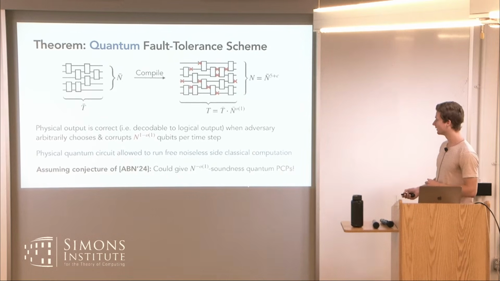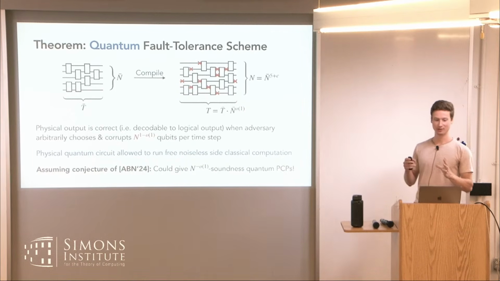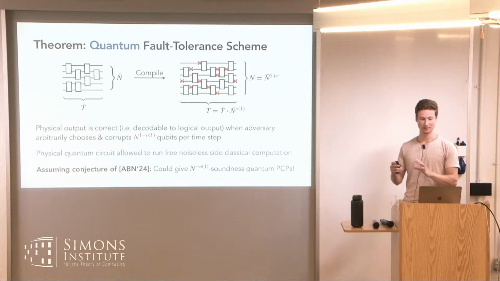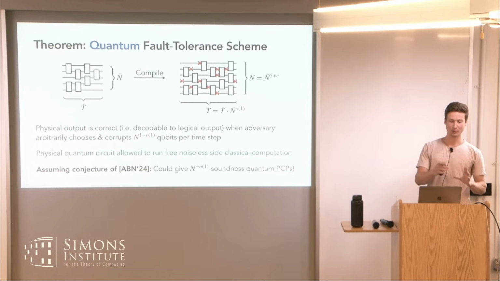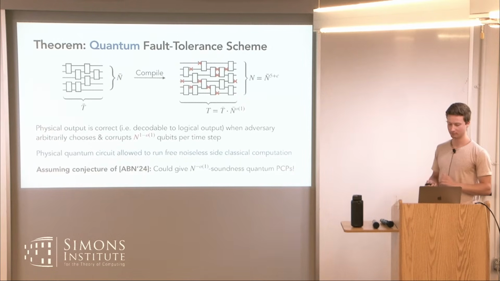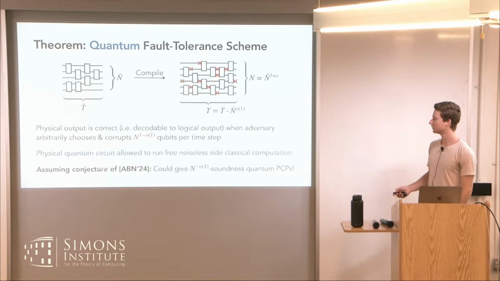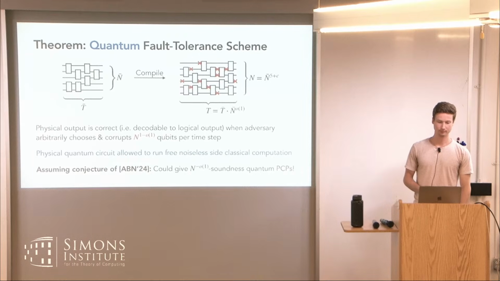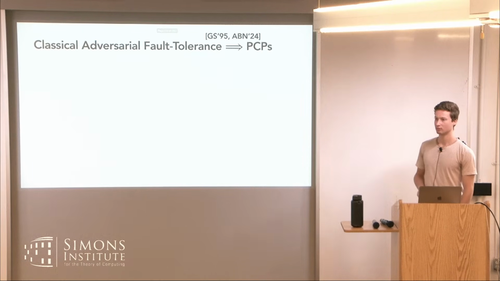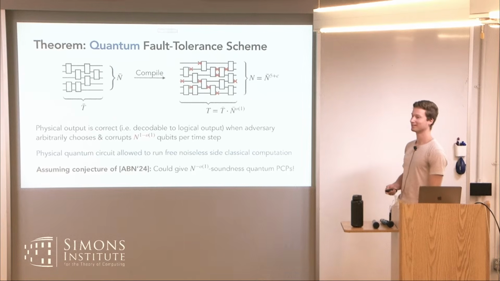Yeah, I will also say, just as a side remark, there are some technical details in massaging a fault tolerance scheme into the setting where we can apply this conjecture, but it seems like the real bottleneck now is just this conjecture. Cool. And you'll tell us this conjecture, right? Yep, that's coming up next.